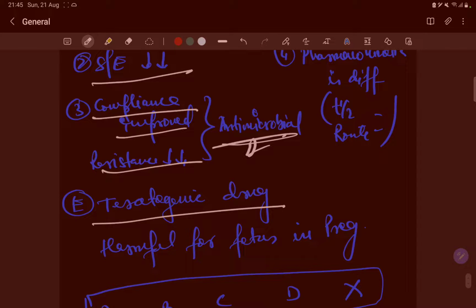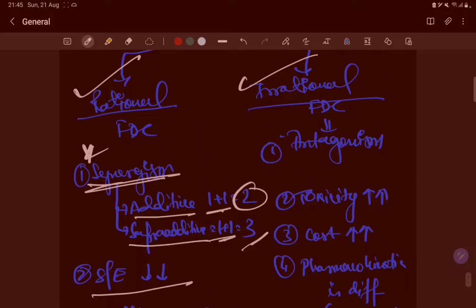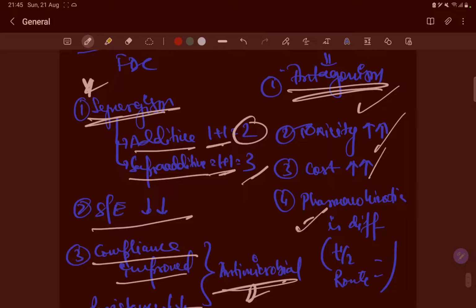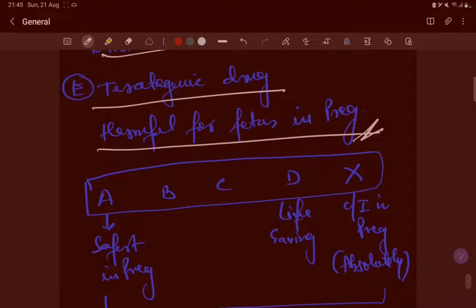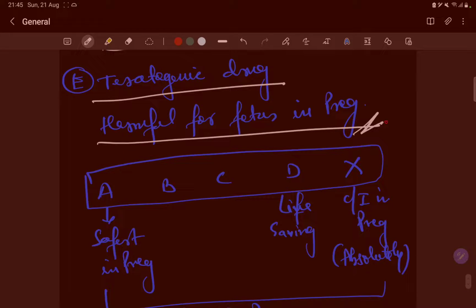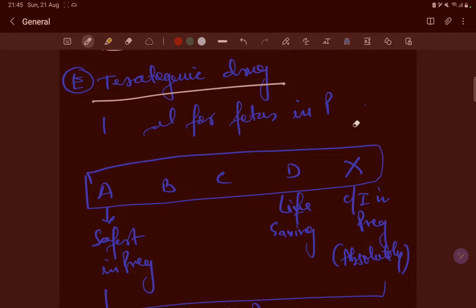Teratogenic drugs can be there, harmful for the fetus in pregnancy. We will discuss that. First see this: in irrational fixed dose combination there may be antagonism, toxicity increase, cost may increase, pharmacokinetic indifference will be there, so the half-life and the route will be different. Now the teratogenic drug, which we were discussing,